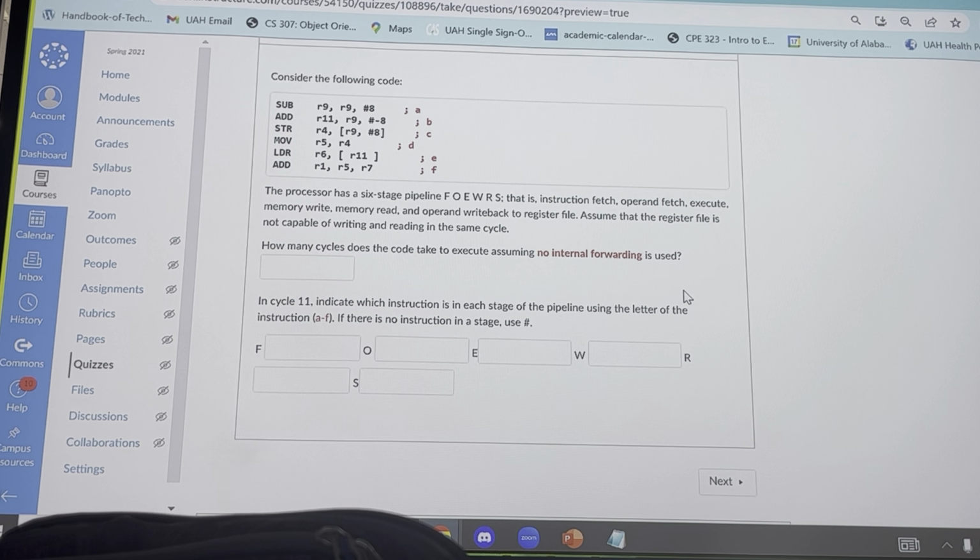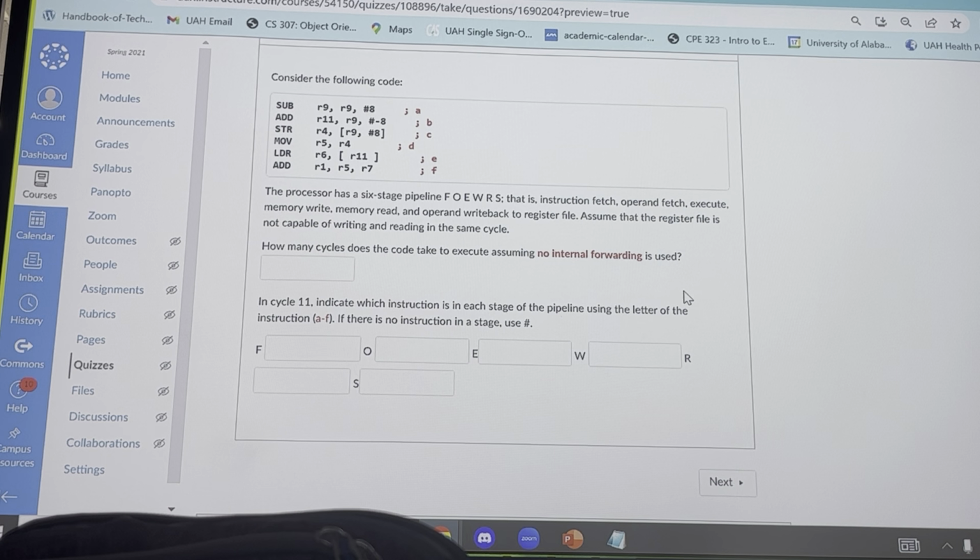If it said 11th cycle, and you started at 0, you need to know that we're talking about T10. But it doesn't say 11th cycle, it says cycle 11. I want you to start at cycle 1. Okay, T1. And if you didn't do that on your homework, you might get dinged.